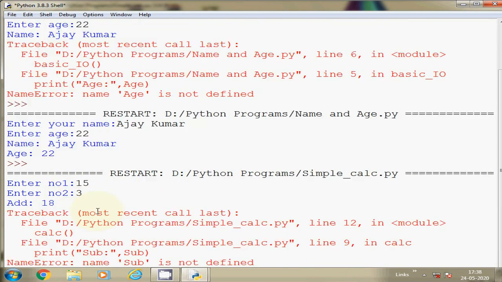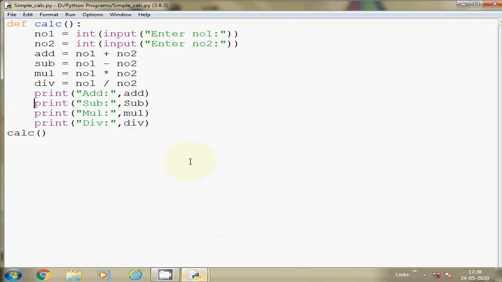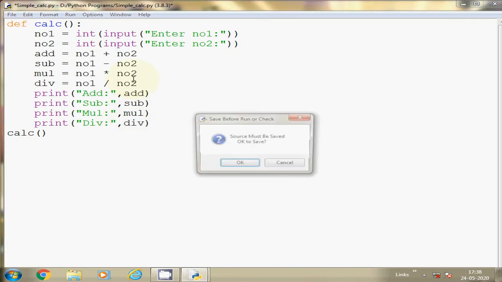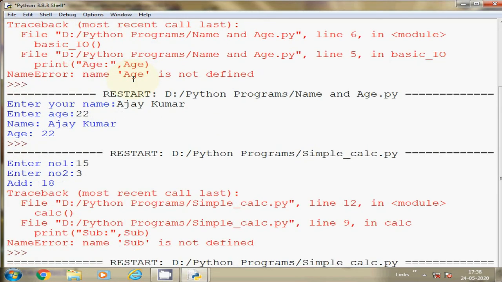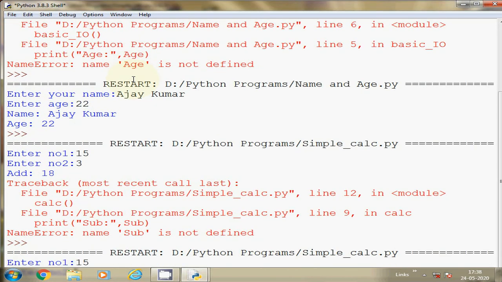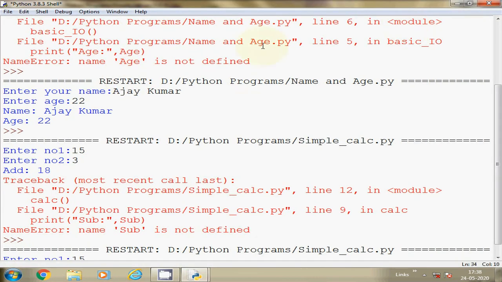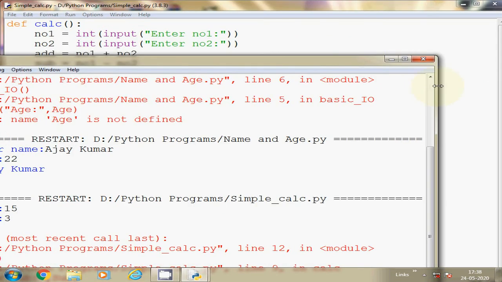Okay, sub, again I have used that capital because I have practiced writing a few words with the first letter capital. So again the same error. 15, then let me change the size of this window so you can view the input easily.